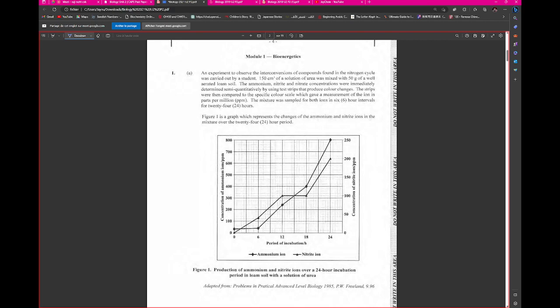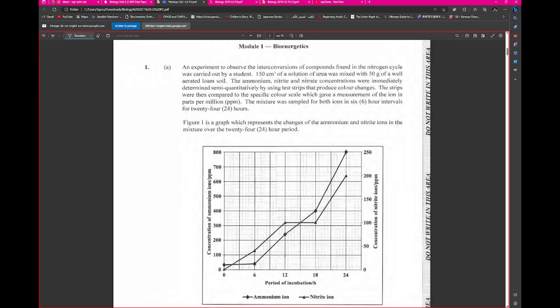So the first question in Module 1 Bioenergetics says here, an experiment to observe the interconversions of compounds found in the nitrogen cycle was carried out by a student. 150 cm³ of a solution of urea was mixed with 50 grams of well aerated loam soil. The ammonium, nitrite and nitrate concentrations were immediately determined semi-quantitatively by using test strips that produce color changes. The strips were then compared to the specific color scale, which gave a measurement of the ion in parts per million. The mixture was sampled for both ions at 6 hour